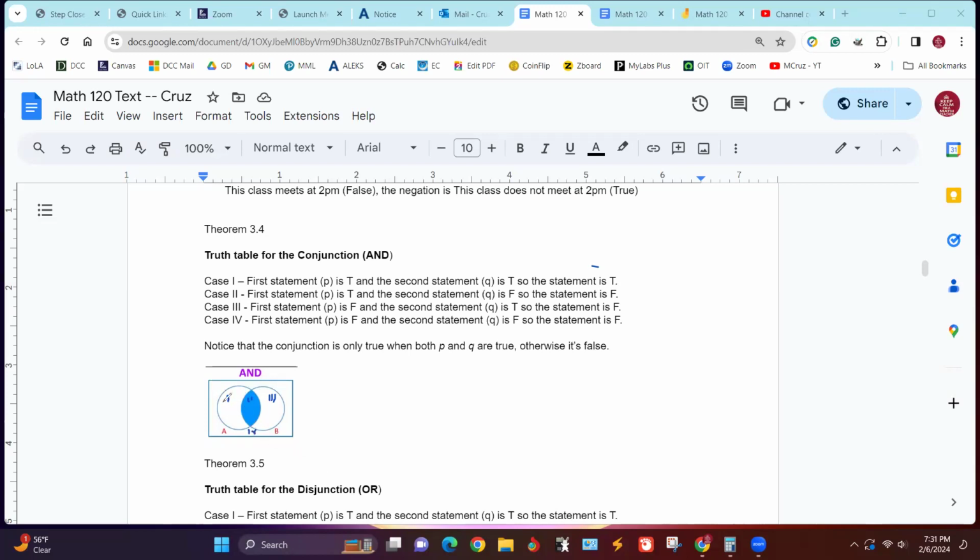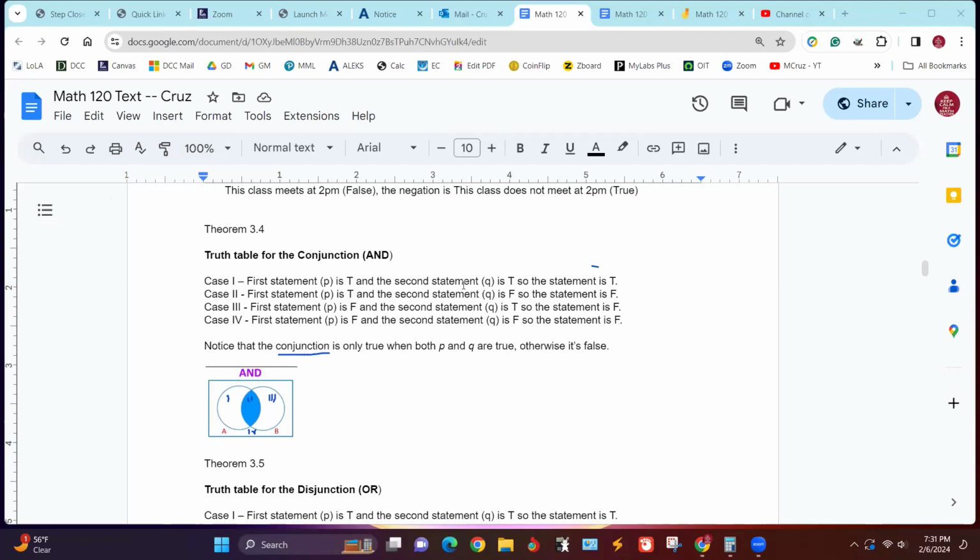This over here, the white one with the 1 in it, that's just A only. The 3 is B only. The only place where you're in both A and B is the one that I've got labeled as 2. And that's the one that represents the intersection, also known as the conjunction.